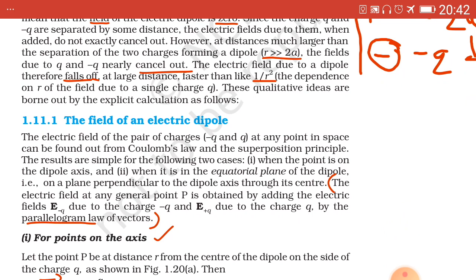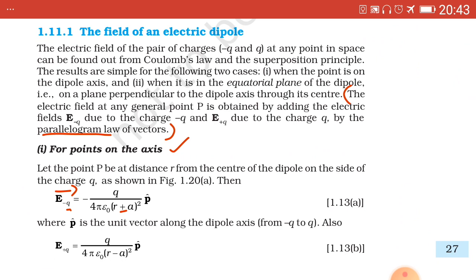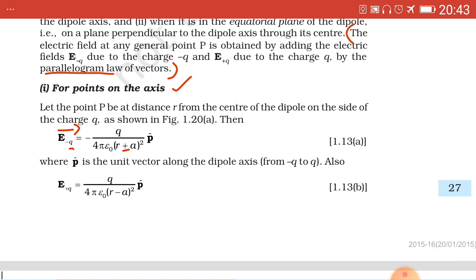Now we derive the formulae for electric field intensity in different cases. First one is for points on the axis. Let the point P be at a distance r from the center of the dipole on the side of charge q, which is shown in figure